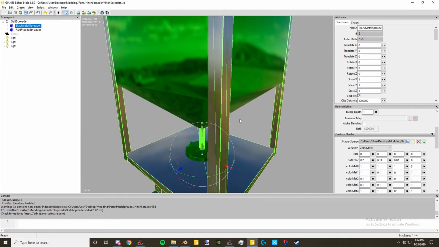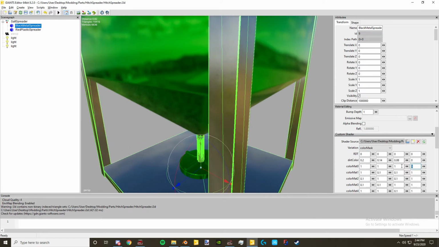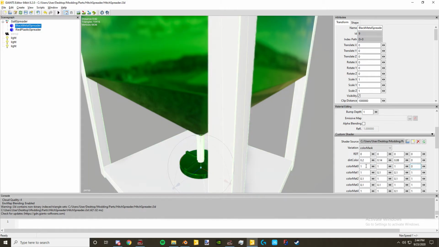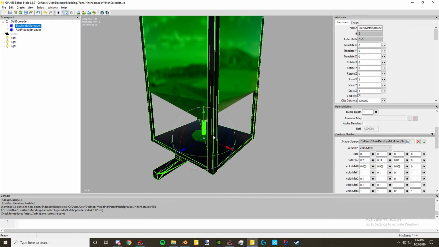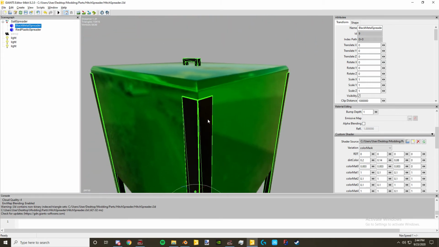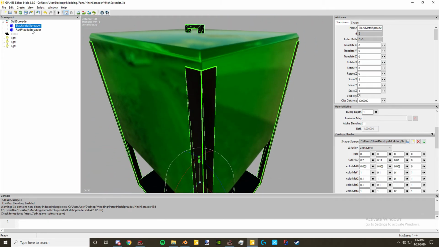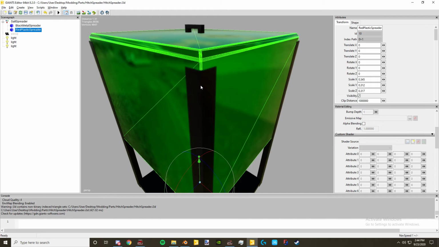I put 3 on everything I build, but anyway, that's besides the point. We're getting off track. So we want that 0 for black metal, and then everything back to 0.003. There we go. Now we got that black shiny looking metal right there. That's what we want. Next, we take this red plastic spreader piece, and we do basically the same thing we